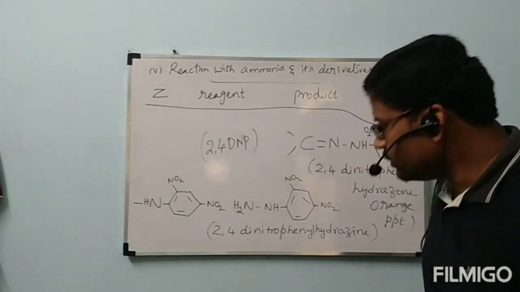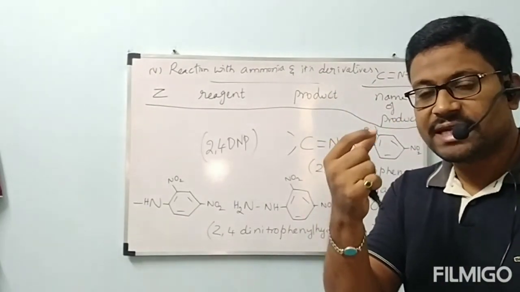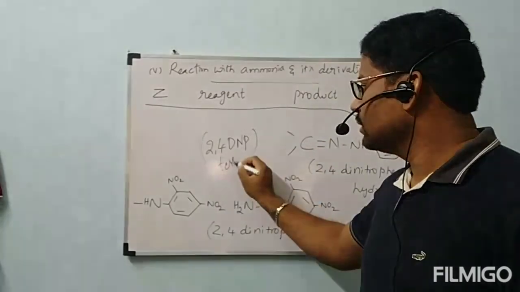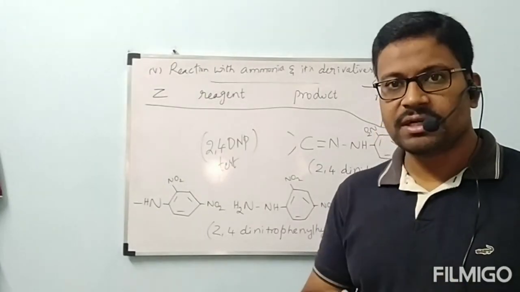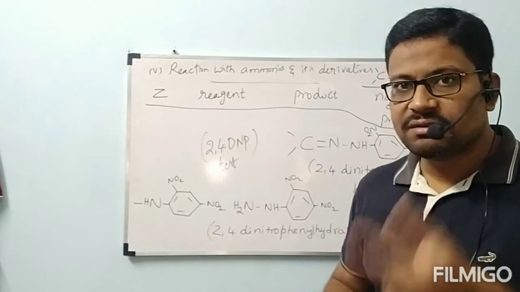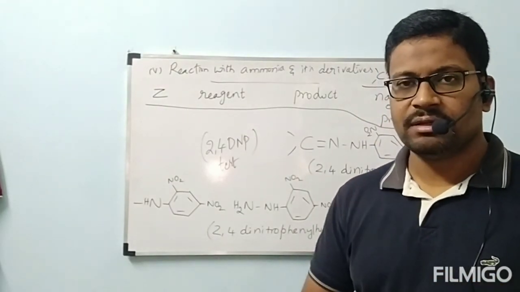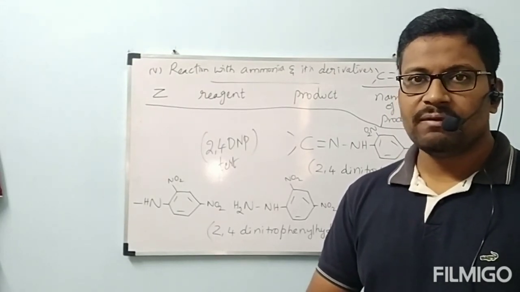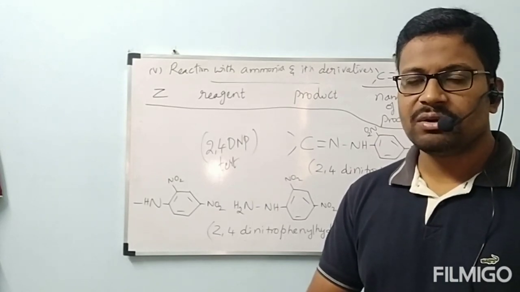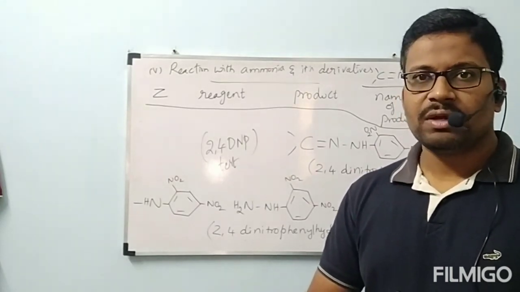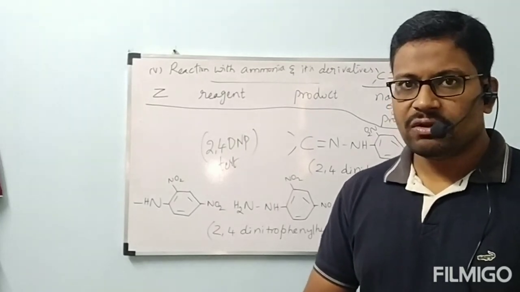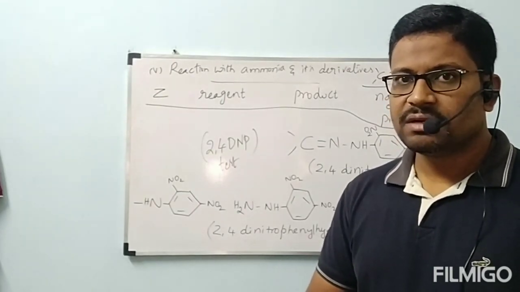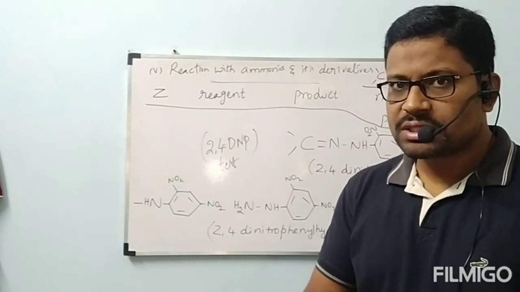That orange red precipitate that is going to be formed, we can see with our eyes. That's why this is used as a test. 2,4-DNP test. We can see with our eyes that orange red precipitate. It is used as a test for aldehydes or ketones. When aldehydes or ketones react with 2,4-DNP, we will get orange precipitate, which is called 2,4-dinitrophenyl hydrazone. For you, I will share one video also on in what way this test will be conducted and what the color is, it will be visible in that video. That one in tomorrow's class I will share with you.